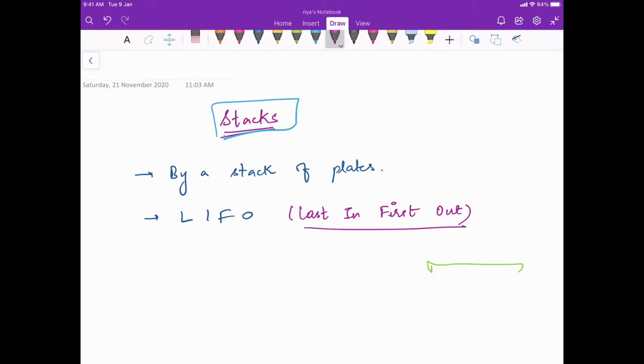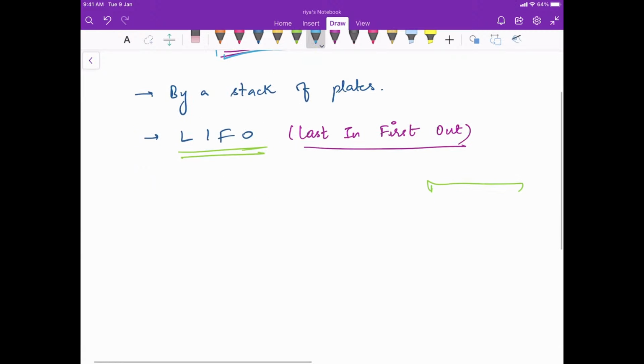That means that the chair that was put at the top of the stack in the end will be the one that I will take out first. ठीक है, इसका यही मतलब है. This is the exact meaning of that part, that this is going to be a last in first out kind of a data structure. All right, ठीक है.